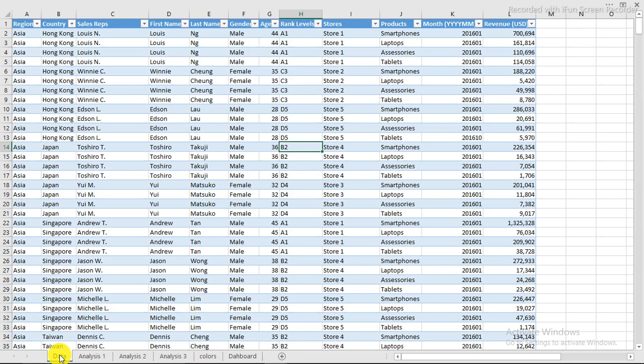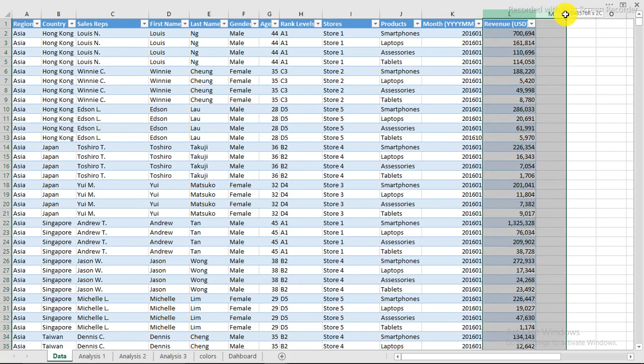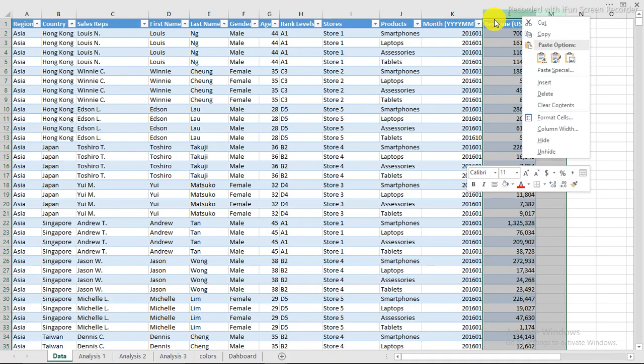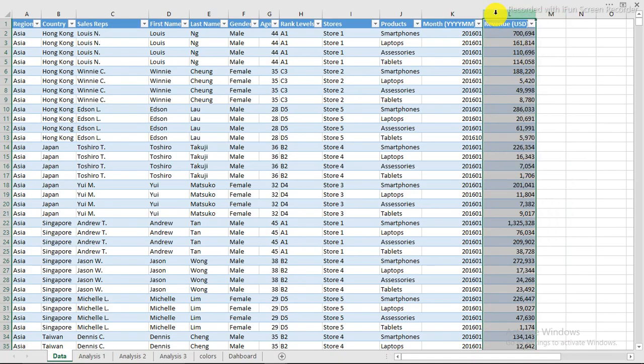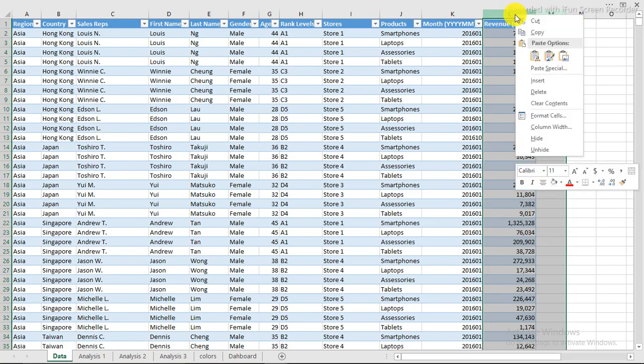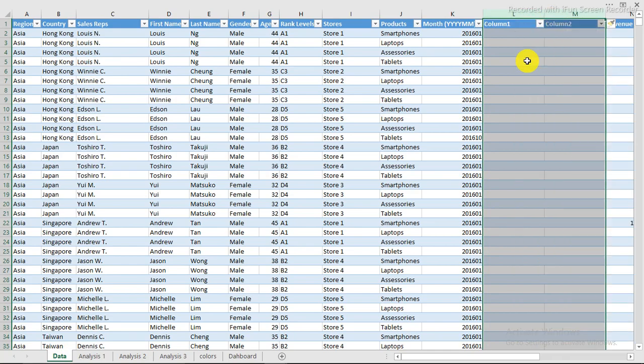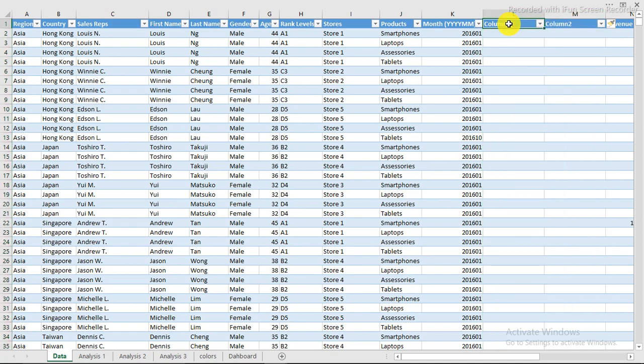First of all, let us see the data we have right here. The data is kind of dirty. It's not that clean. So I'm just going to insert 2 more columns right here to transform the data into what I really wanted. To add columns, just make sure you place the cursor, and once you have the arrow down, click on it to select this particular column. So just insert, and we have inserted 2 columns to the left, and